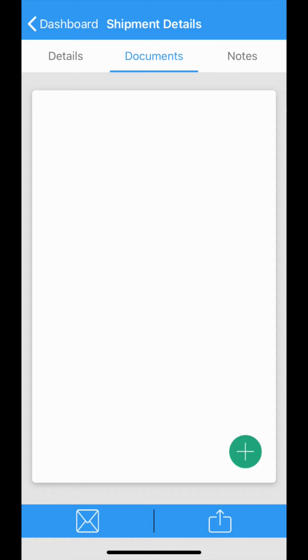Once you tap Documents at the top, you'll see this big blank screen except for a green button at the bottom. Tap that and it'll ask you, depending on your device, if you want to take a photo or maybe use one you've already taken, like say from a library. We want you to take a photo. Also, if this is a new device, it might ask you for permissions to allow LoadStop driver to use your camera. Just tap allow, until you get to a screen where you can take a photo.